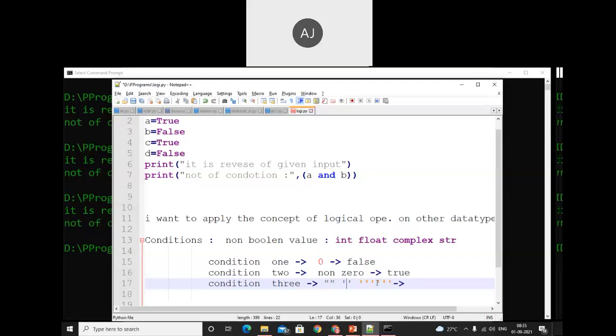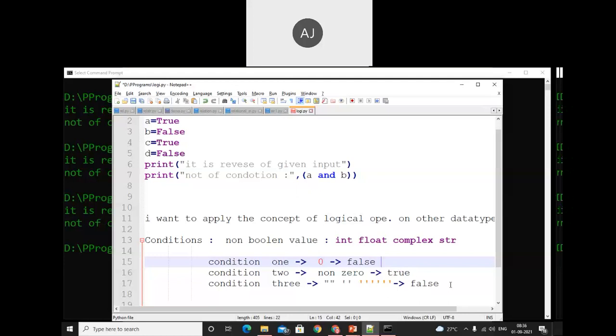The string inside that triple quote is empty. It will always be treated as false. Why do we need to learn this? Because we get some output, and we need to understand that output. So for that reason, we need to understand this concept.